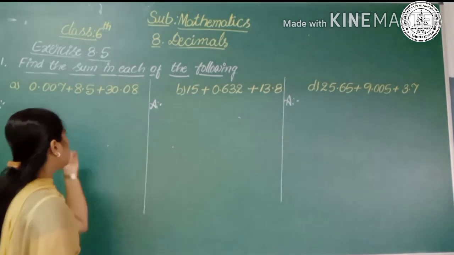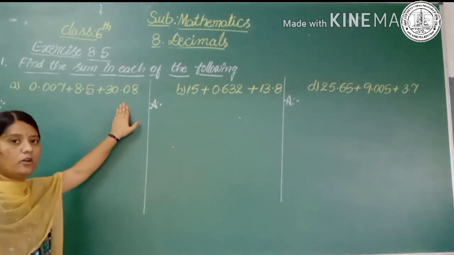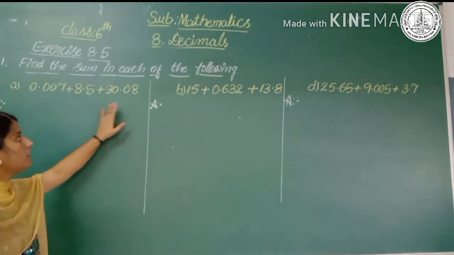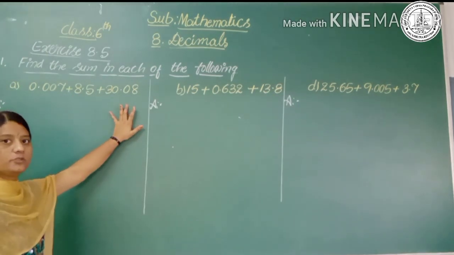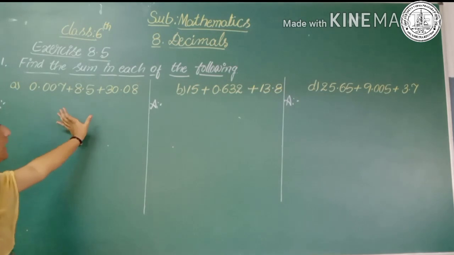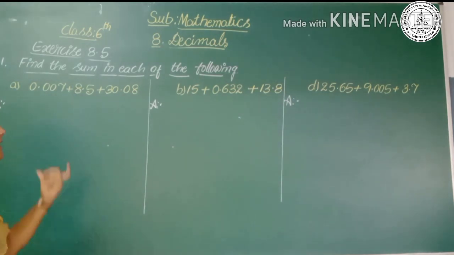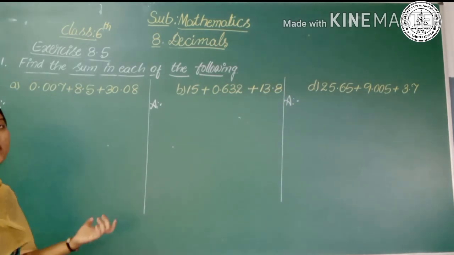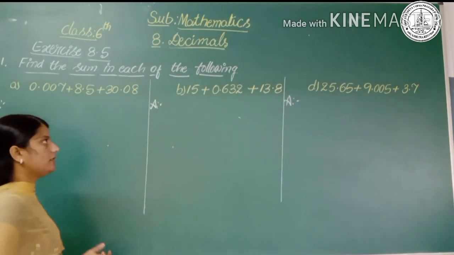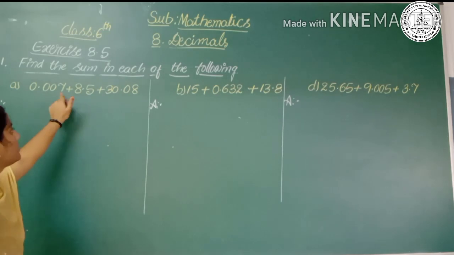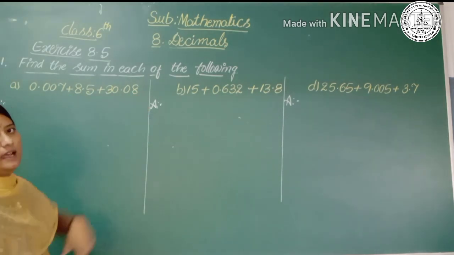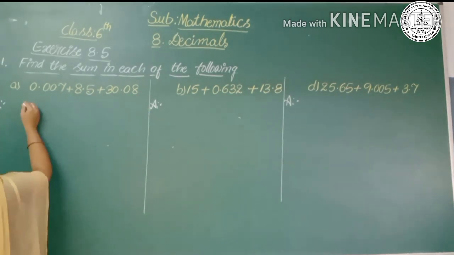First we have to observe whether these three are like decimals. Once we observe, these are not like decimals. So what we have to do? We have to convert them into like decimals by adding zeros to the lowest decimal place. Here the least place is thousands, so up to the thousands we have to add zeros. Then write here